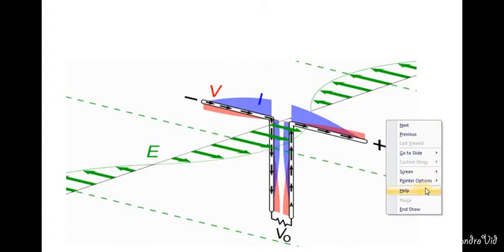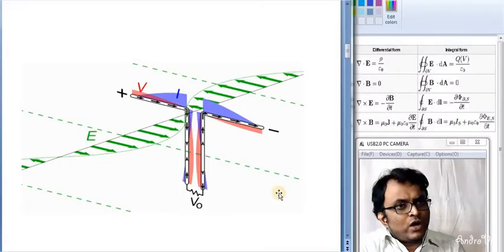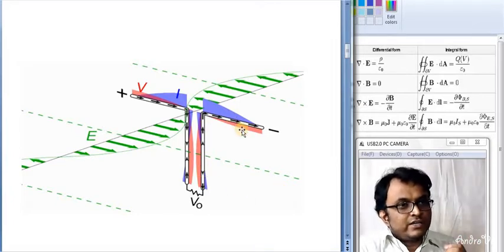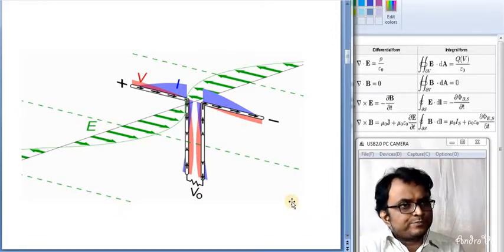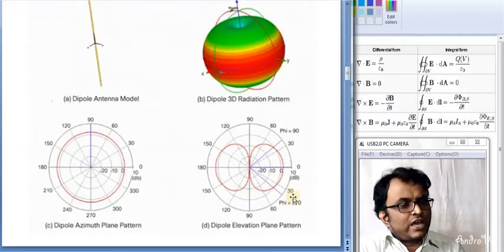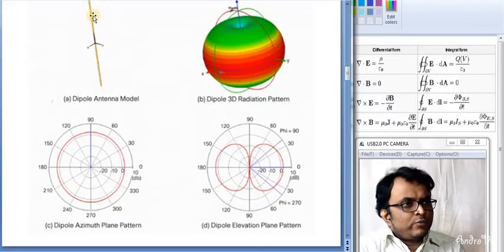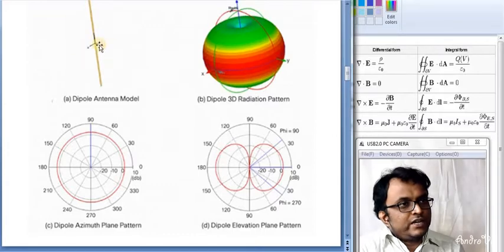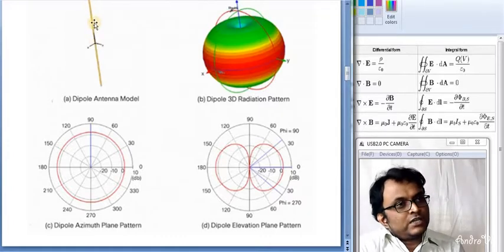So this is a very easy way to understand how our electric field is generated due to the flow of current in a metallic wire or rod dipole antenna. So I am going to the next slide, where if it is a metallic dipole antenna, and its direction is indicated by E theta, that is basically the elevation component of the electric field, then the Y component is given by H phi, that is the azimuthal component of the magnetic field. Therefore the propagation vector will be just E cross H, that is actually the Z direction.